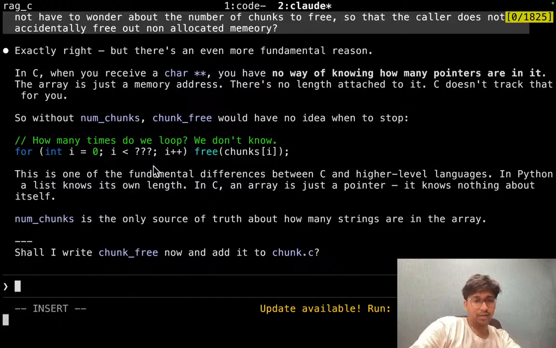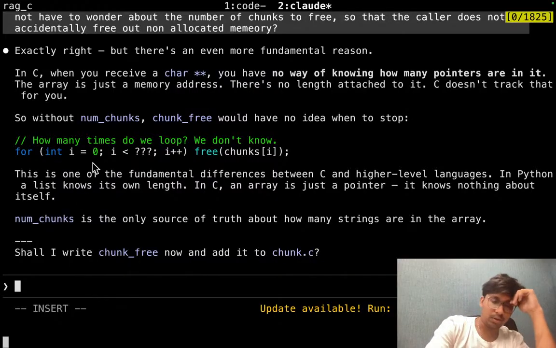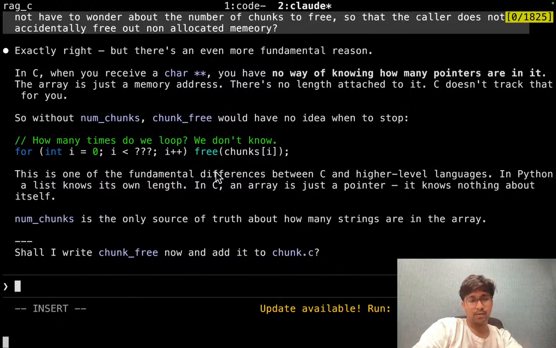Yeah, sure. Write chunk free now and add it to chunks. Yes, let's go slow. I think chunk free is kind of simple, right? Chunk free. Let's try to guess what chunk free should be. Yeah, chunk free again. So if you think about chunk free,